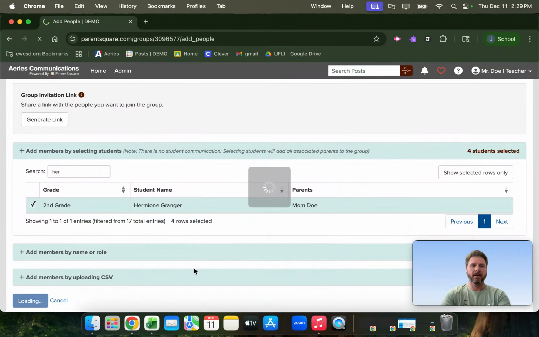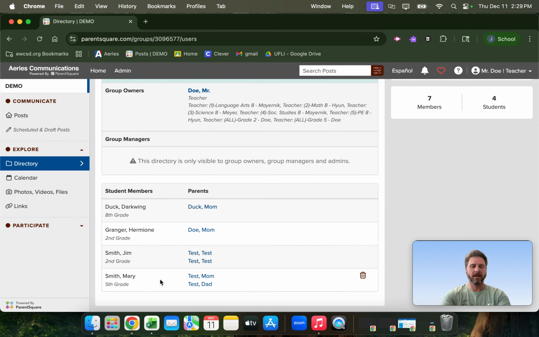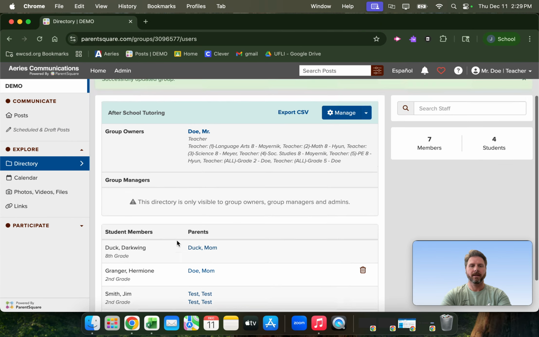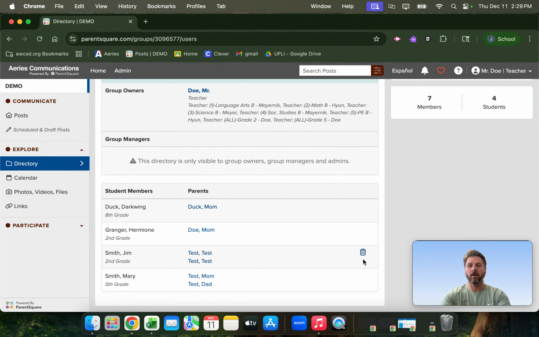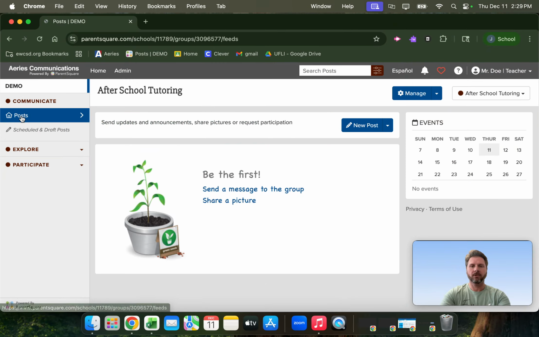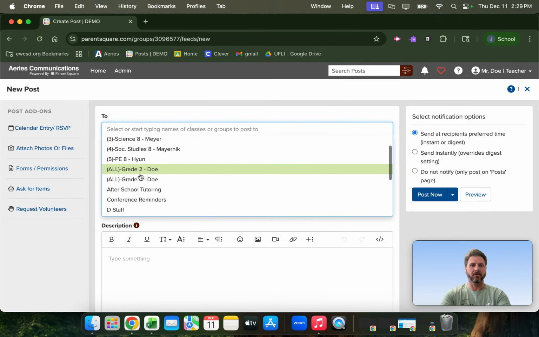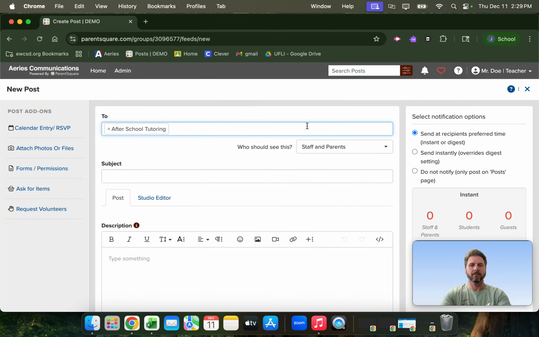And now I have Darkwing, Hermione, Jim, and Mary all part of my group. And I can continue to build on this group, or I can delete students if I need to. And then when I'm ready to send a message to this group, I go to Post. I go to new post, just like I would if I was sending out a ParentSquare. And then up here, you'll find after school tutoring as part of your drop down. All right, hope that helps. Have a great